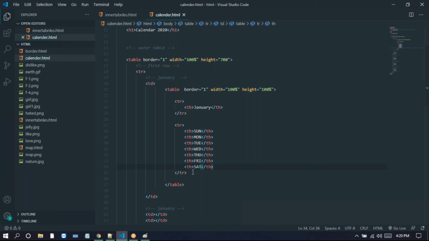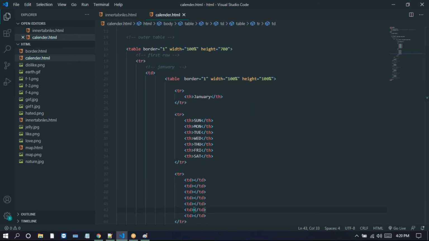So here in January 2020, Wednesday is the first, right? So where is Wednesday? They're having 1, 2, 3, so we need to give space for 1, 2, 3 here. Again it will start from 4, 1 here. The fourth TD we just give them 1, so it will start 2, so it will start 3 here, and it will start 4 here. So like this we can create this.